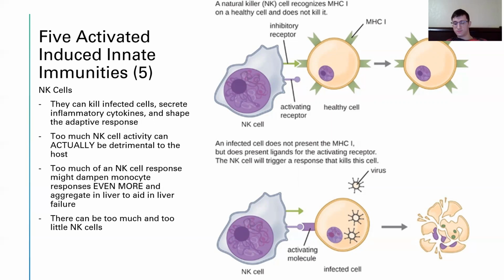So how do NK cells work? NK cells respond to cytokines and interferons produced by macrophages. NK cells roam the body until they are activated to produce toxic granules that destroy a pathogen. So pretty much it binds to its receptor here in the infected cell. And if there's no inhibitory receptor like on this healthy cell, if it doesn't match that, it will destroy it. So that's how NK cells work.